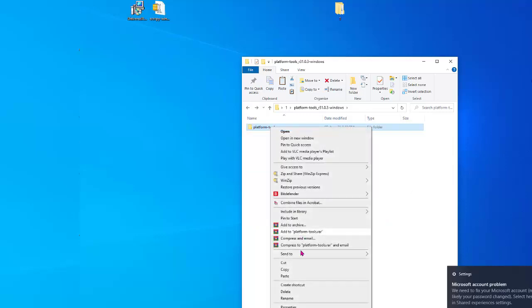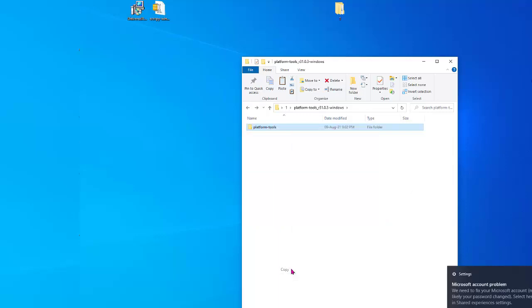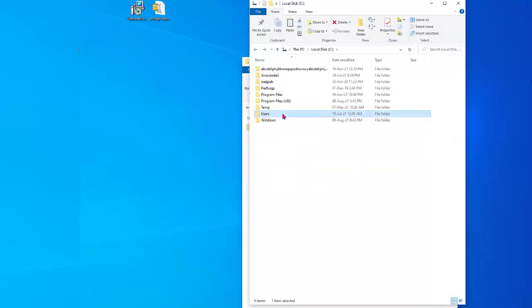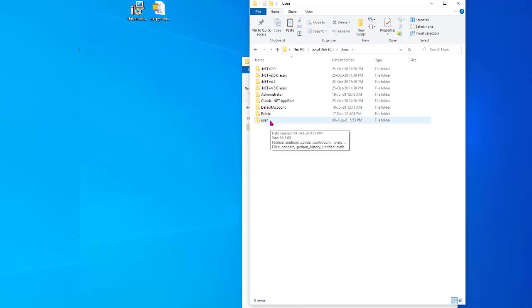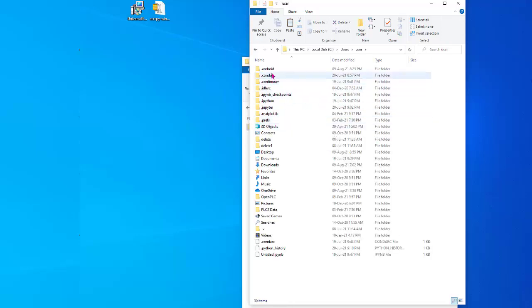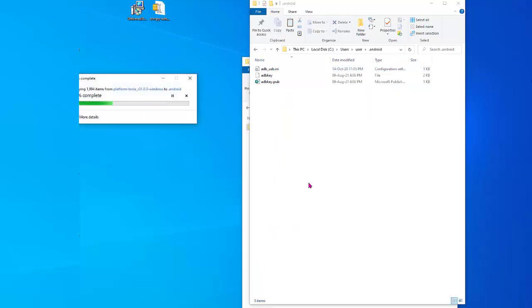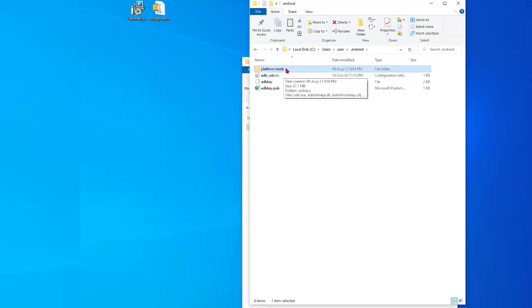Now copying this platform-tools folder and pasting it in my C drive. This C drive, Users, again the user folder. Here this is .android, and inside this I am pasting it. This is platform-tools under the .android folder.